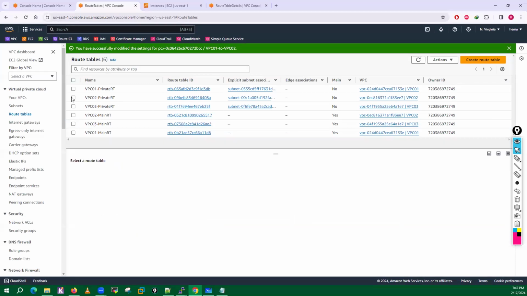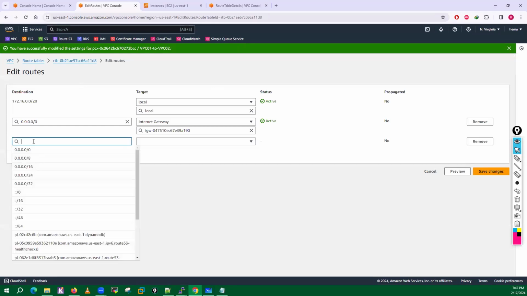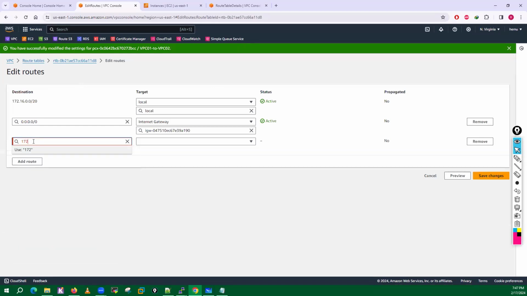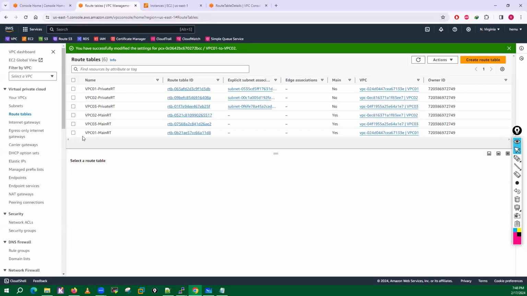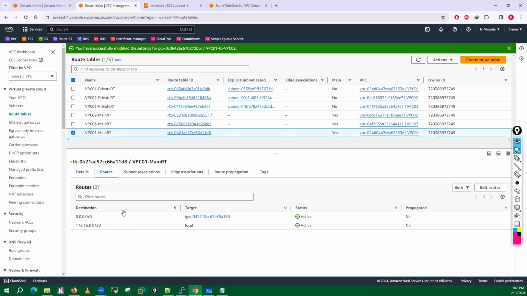I'll now go into the VPC1 main route table, into the routes. Let me check the VPC1 main route table routes.